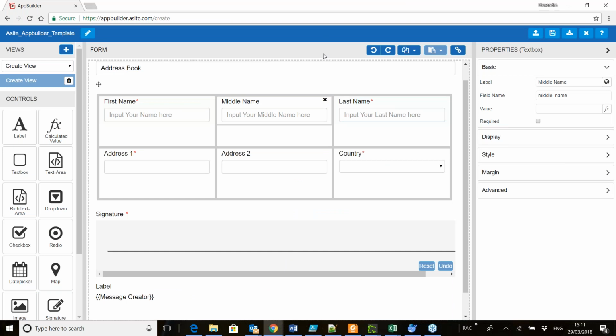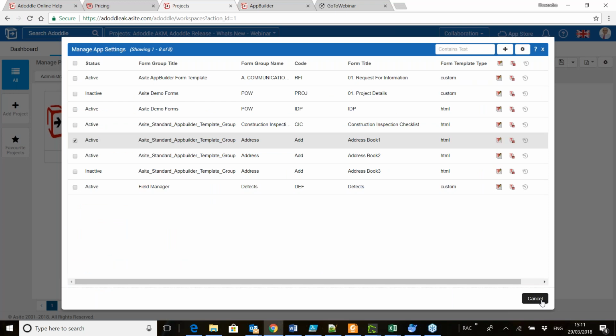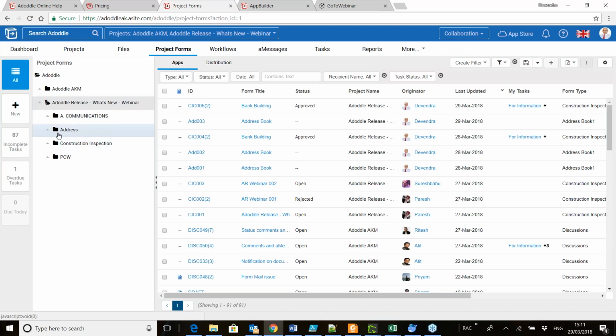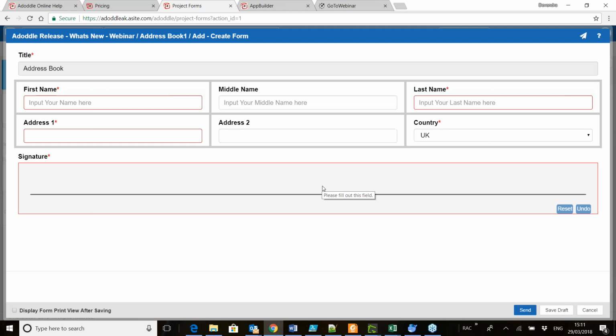So let's see how we can input the data against this address app. So I'll go into my apps area, and I'll say, okay, I've created this group called address, and I click on address book one. And what I'll do is I'll create an address entry, and I'll say, okay, first name is Ian Smith, Liverpool Street, London, and I can